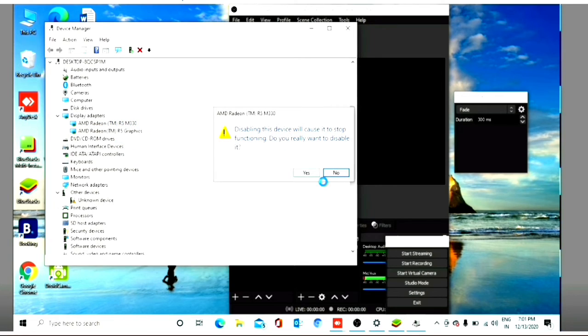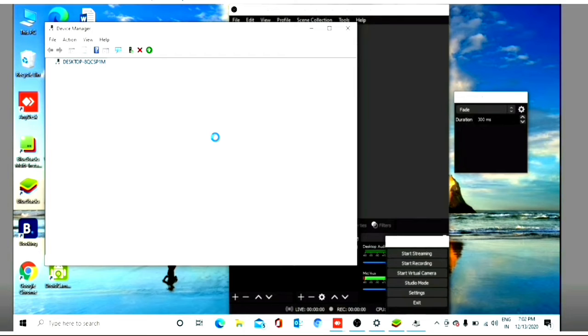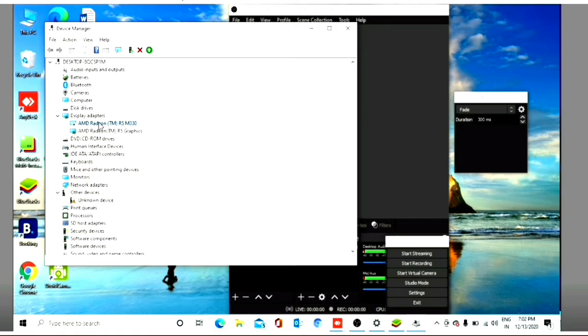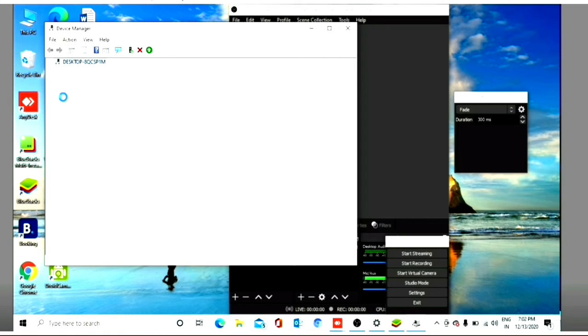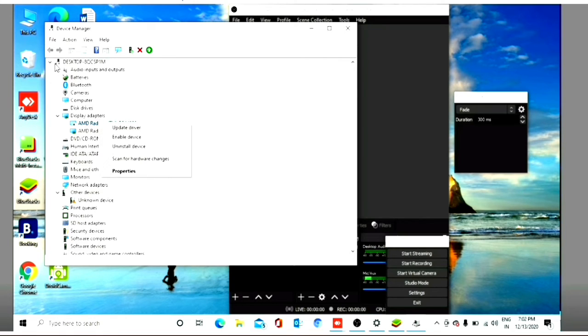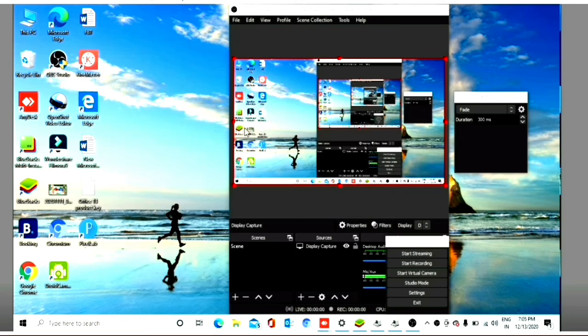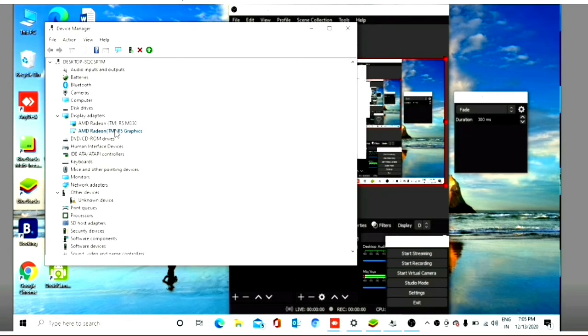So if I disable the internal display adapter, the issue is still unresolved. So now what I will do, I will enable it again and leave it as it is. Now when I disable my graphic card, you can see our display panel is active again.